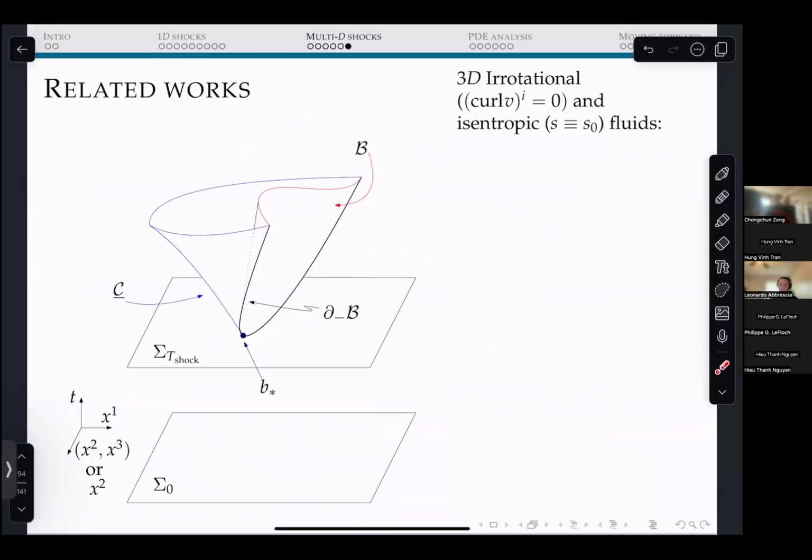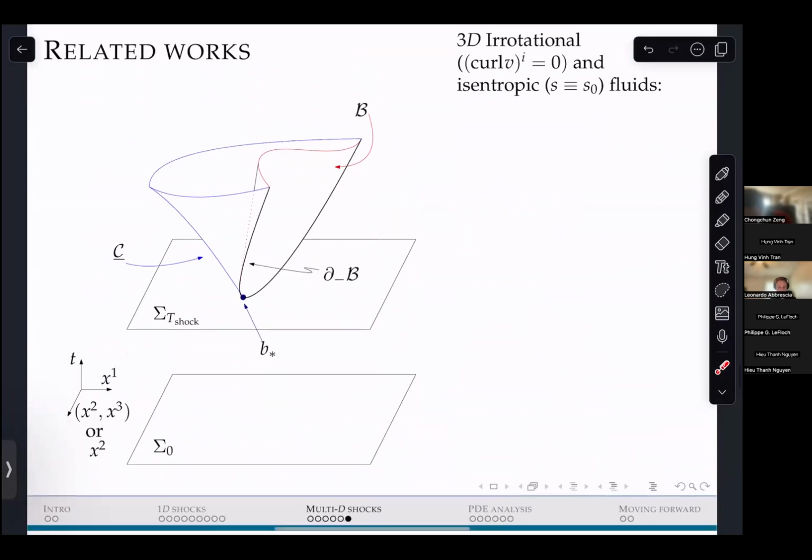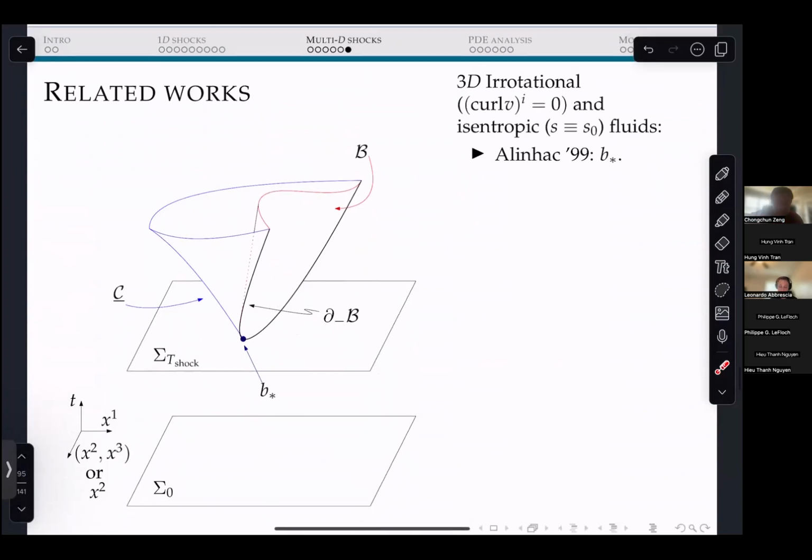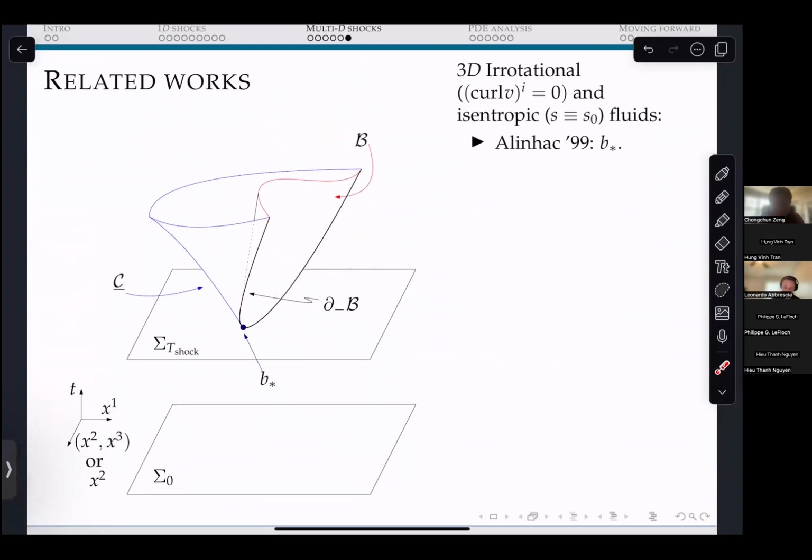So the first result on shocks in 3D rotational fluids was given to us by Alinhac in '99, where he was able to follow the solution only up until the isolated point. So he assumes transversal convexity as well as non-degenerate convexity in X2 and X3. And he was able to follow the solution up until the first point. Okay. Then